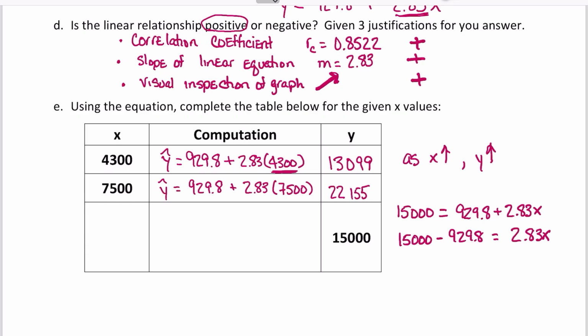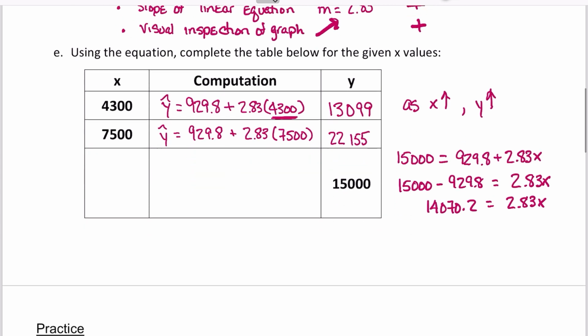And let's do that subtraction. I get 14,070.2 is equal to 2.83x. Now I divide by 2.83, and I get x is equal to